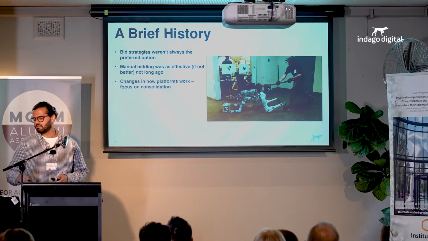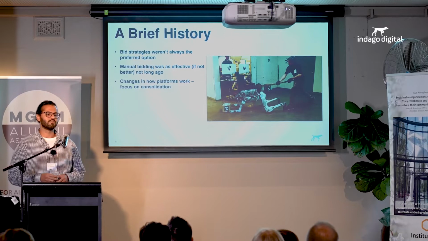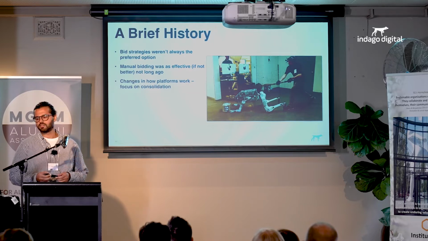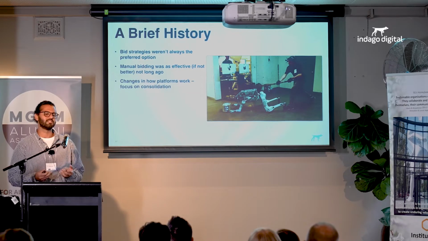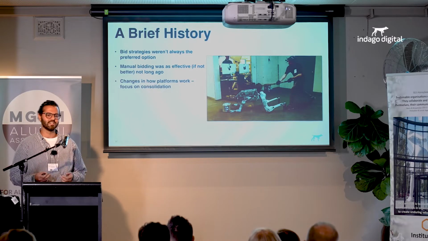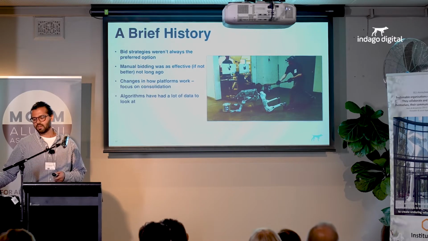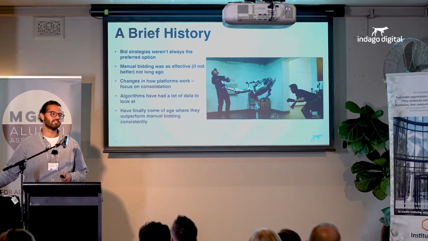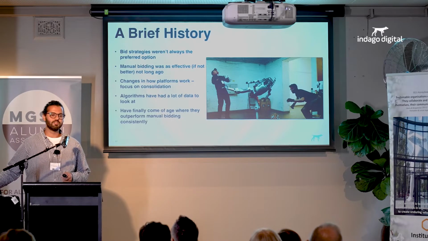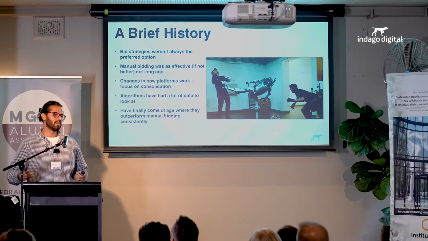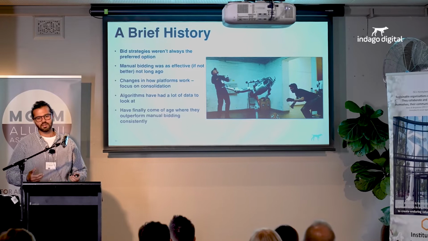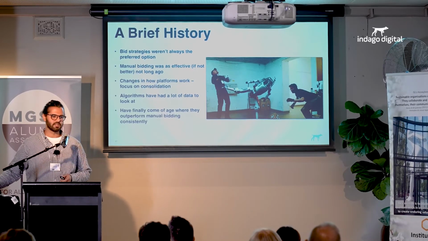So there's a big push for all these platforms towards consolidation as well, which we are seeing. Facebook, Google Ads, and such, they're using consolidation as a method to feed more data to these bidding algorithms, basically, and hence they're getting better. And we are at a stage where bidding strategies are consistently outperforming manual strategies now. It's definitely true for most of our clients, I'd say, especially clients that have a larger scale. Obviously, you can't manage all the things that we spoke about manually, but also the performance of the bid strategies across bigger clients is certainly better.